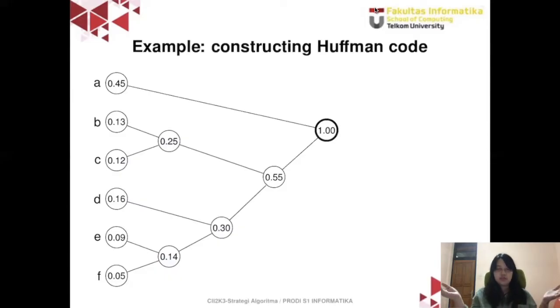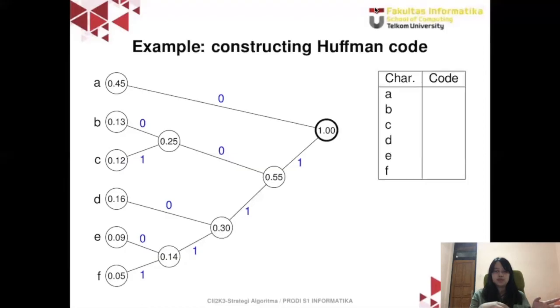We already have the Huffman tree, but we also need to label the edges. The edges must be labeled with 0 and 1, and 0 and 1 can be placed anywhere. In this case, I will place 0 on the top and 1 on the bottom, and I apply it to all edges. So after we have the complete Huffman tree,